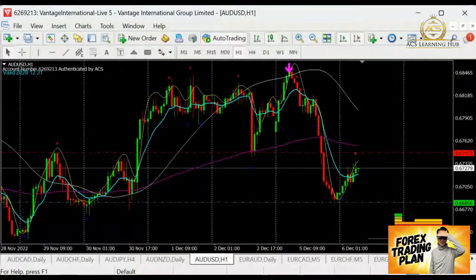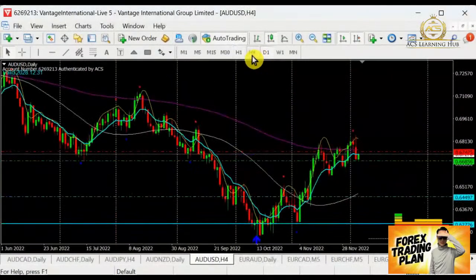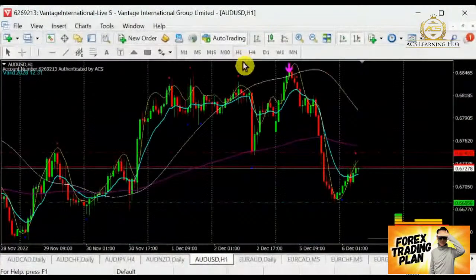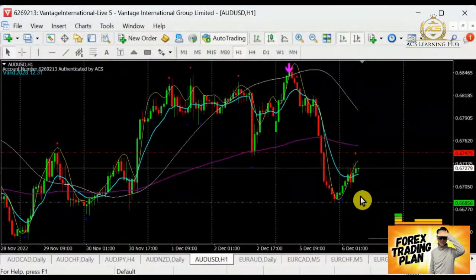So Aussie dollar, right now we are in the bull, and the bull is actually retracing upwards, meeting up with the resistance. So it needs to come down to look for the support before it goes up for a buy. Let's see if this is going to work, and I'm not going to put this into my watch list because it's going for buying. So buyers can take note, but sellers will have to stay away.